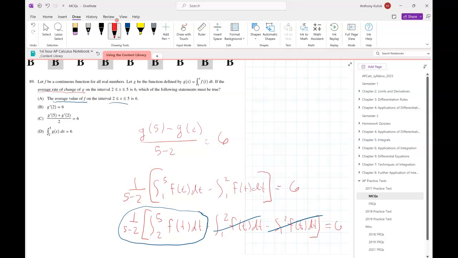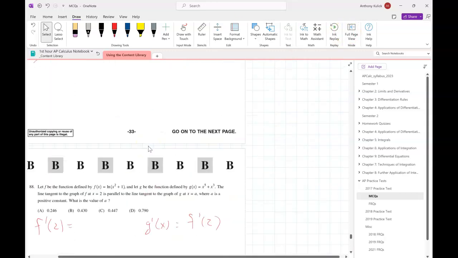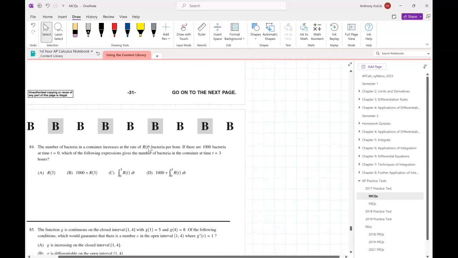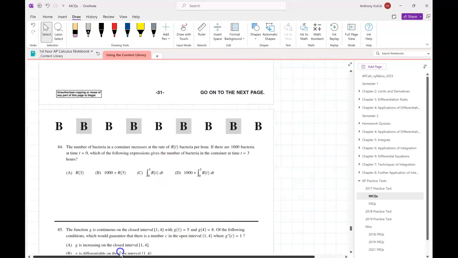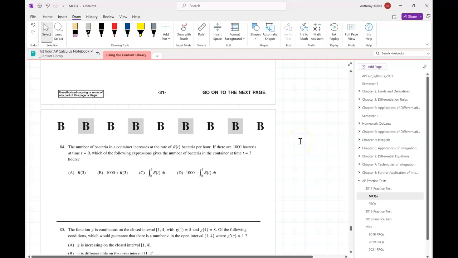Other questions from this set that I didn't address. Again, I tried to pick the things that were either most guessed or least often correct. Isabel: For number 84, I was stuck between C and D, but I chose C because I thought that because the bounds are from 0 to 3, that already includes the 1,000. But because when t is 0, it's 1,000, so why would